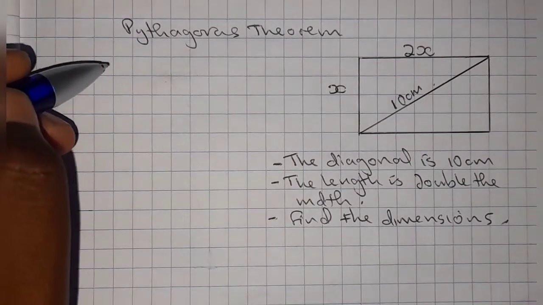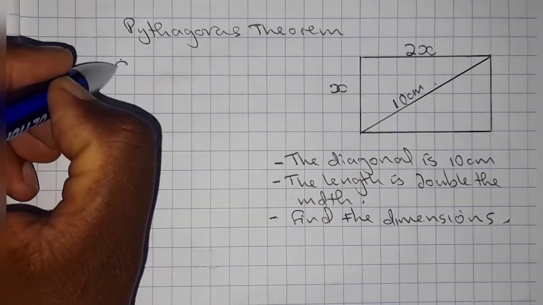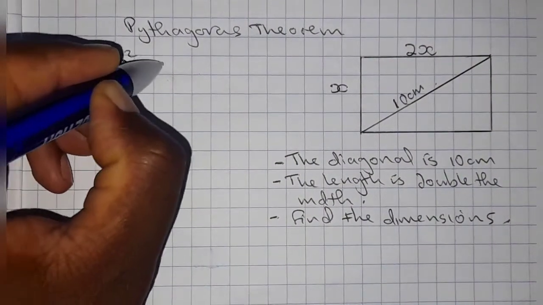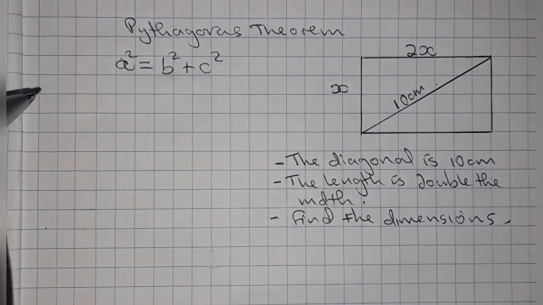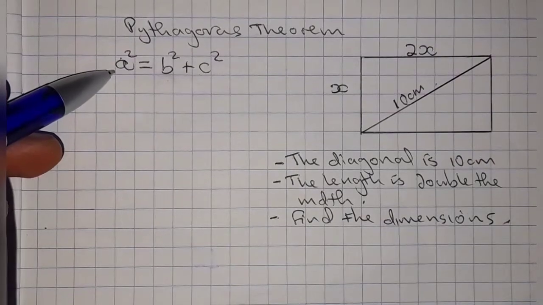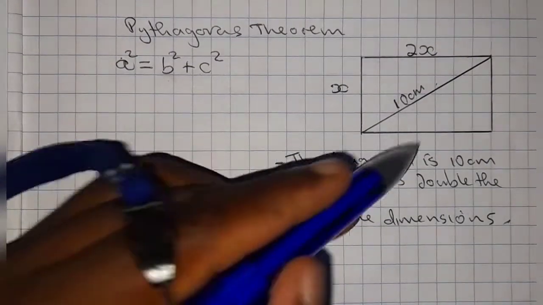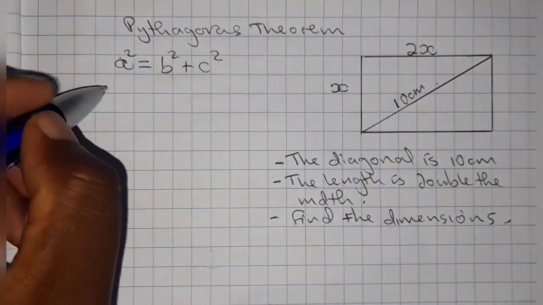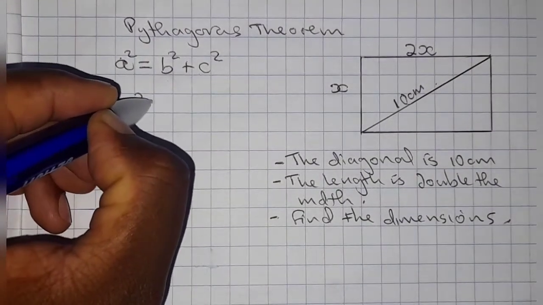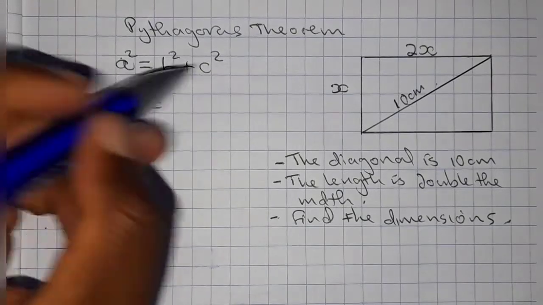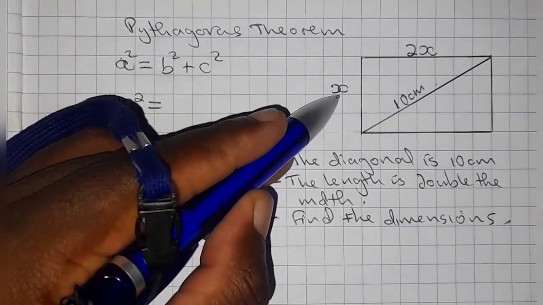We know our Pythagoras theorem says a squared is equal to b squared plus c squared. Our a is the hypotenuse, which here is 10 centimeters, so 10 squared is equal to